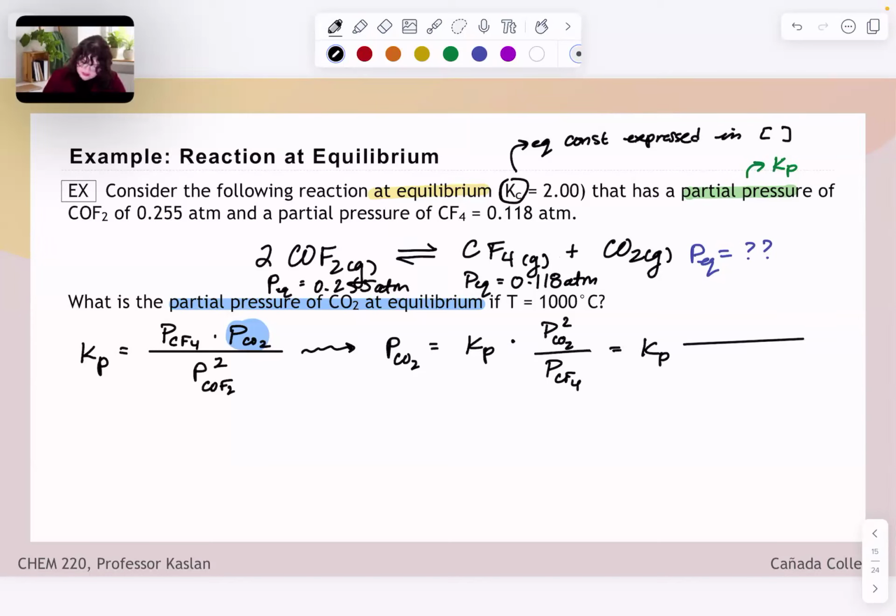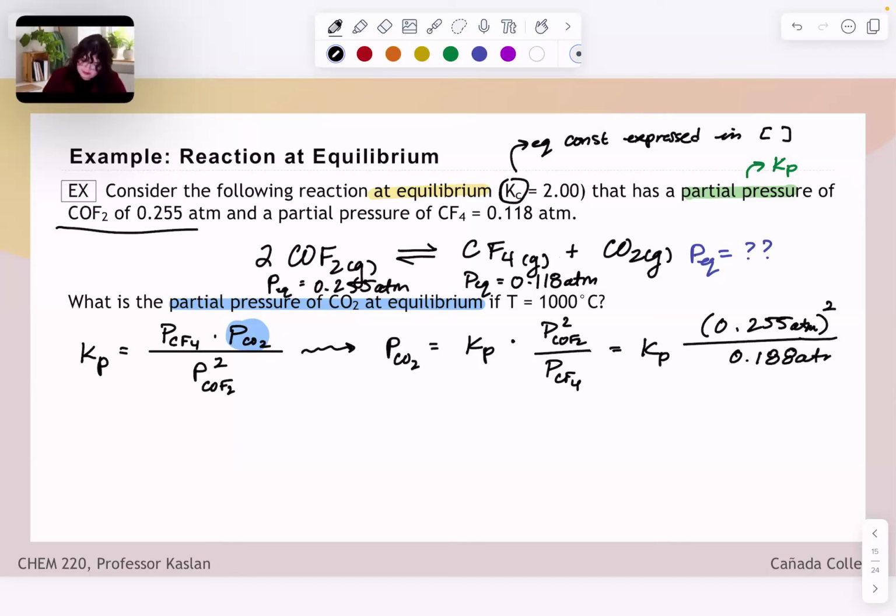So this is, not CO2, what am I doing here? CF4, COF2, there we go. So partial pressure of COF2, 0.255 atmospheres squared over our partial pressure of CF4, which was